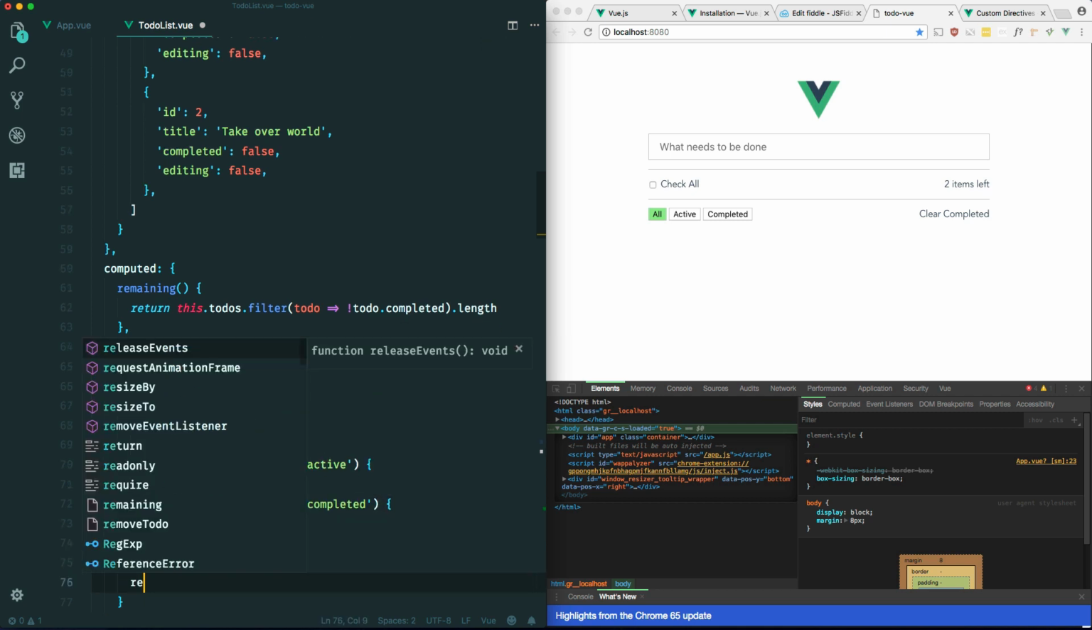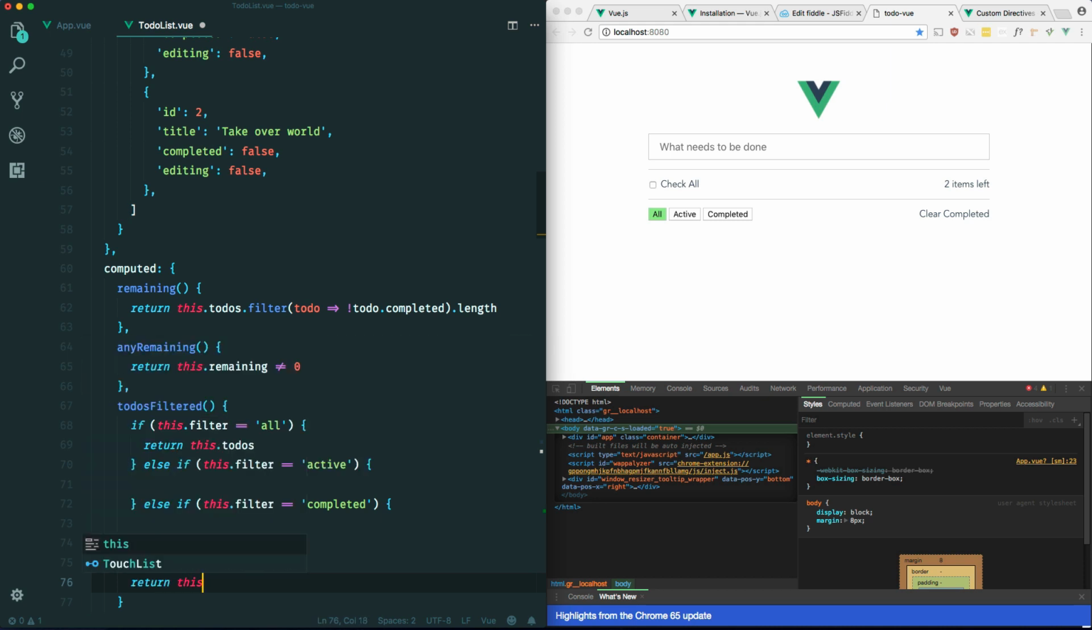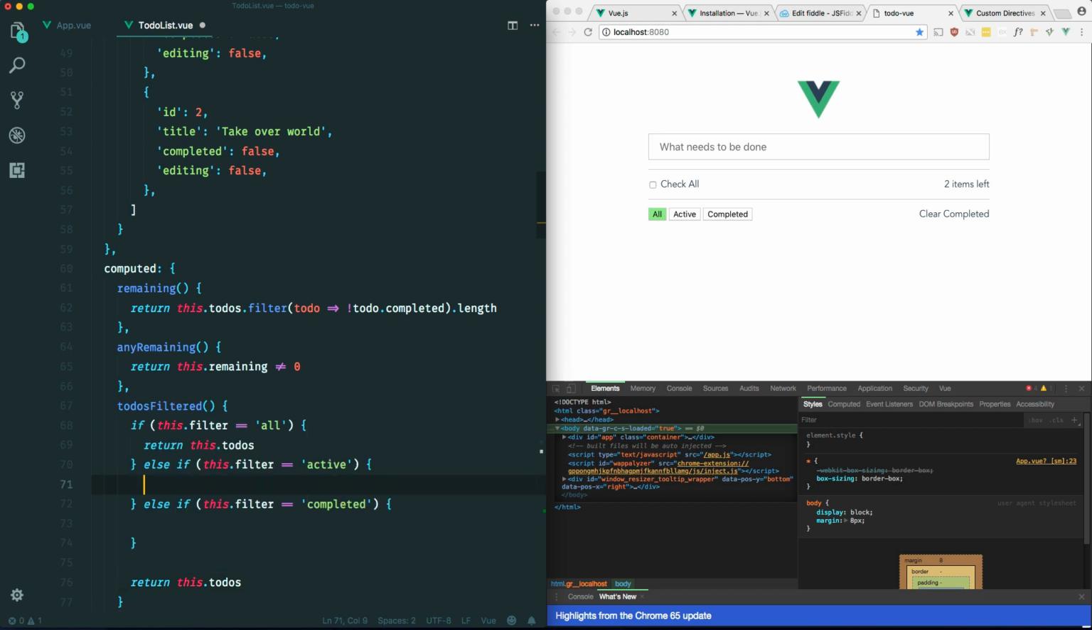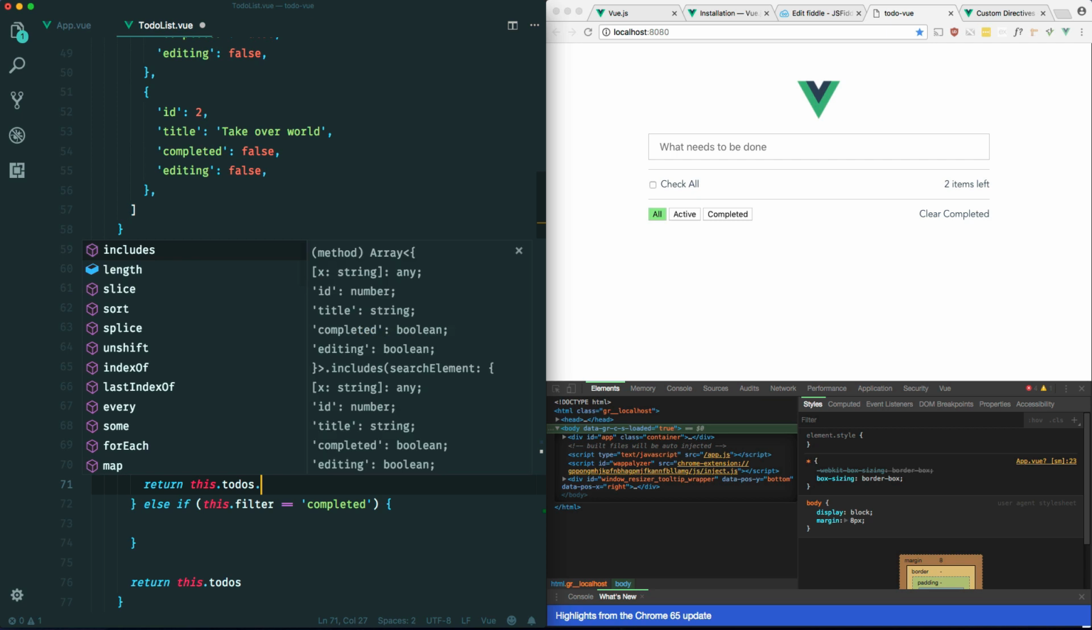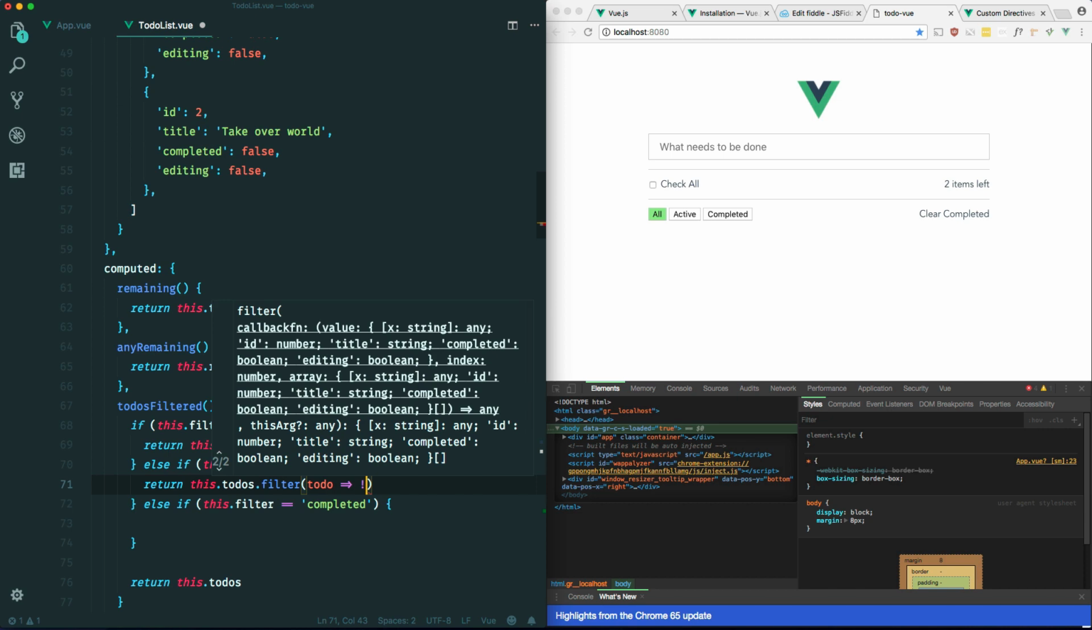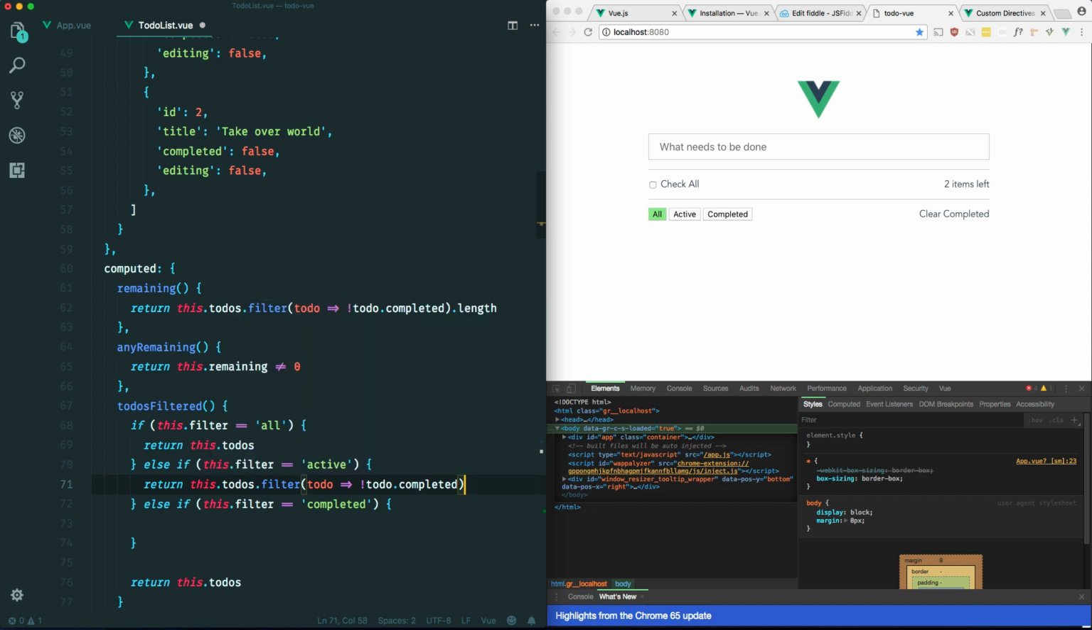And I don't think you have this, but this is for the default case. Okay, so what are we doing for these two? So what's active? Active is just the to-dos that are not yet completed. So we can just do this.todos.filter(todo => !todo.completed). And for the other one, it's just the other way around. So completed